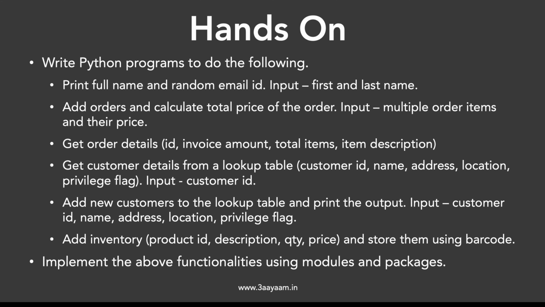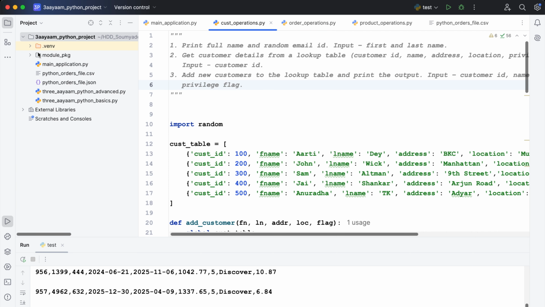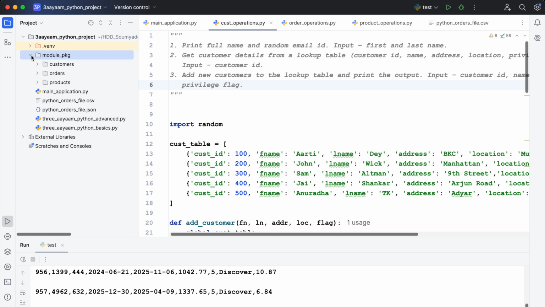What I'm going to do is that, as I said, I will put the customer related operations or tasks in one module, maybe order related tasks in another module, and product or inventory related tasks in another module. So that's what I have done. I have created a folder named module_package, and inside of it I have created three folders: customers,